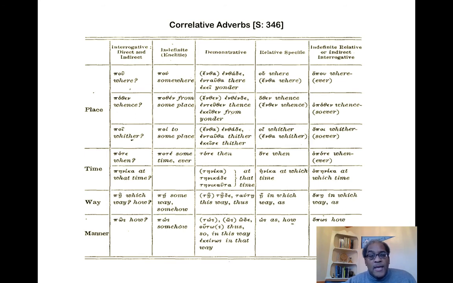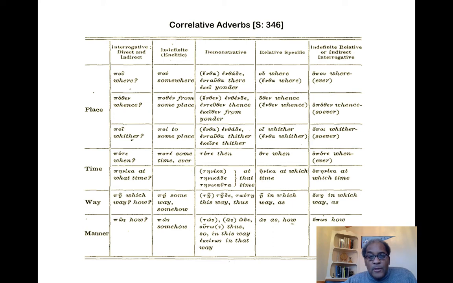So again, the interrogative form will generally be first in its clause, and the enclitic form will generally follow a word in its clause, and will show that change of accent that affects the clitics. But it's very important, these two charts of correlative adverbs and correlative pronouns. One should, I would say, make a large copy of it and put it up on your wall where you work on your Greek, so you have easy reference to it.